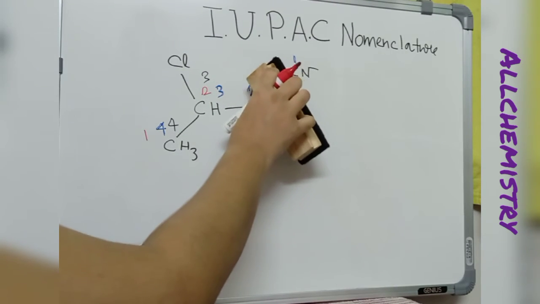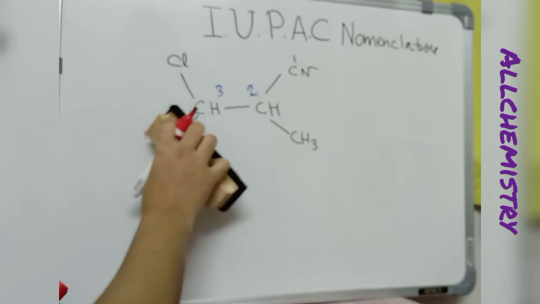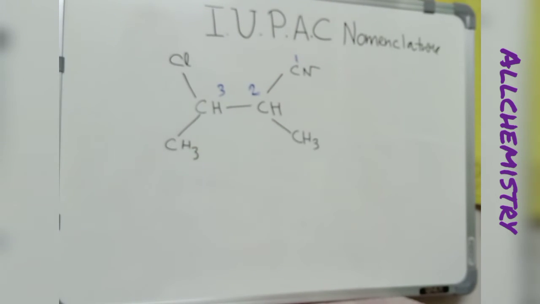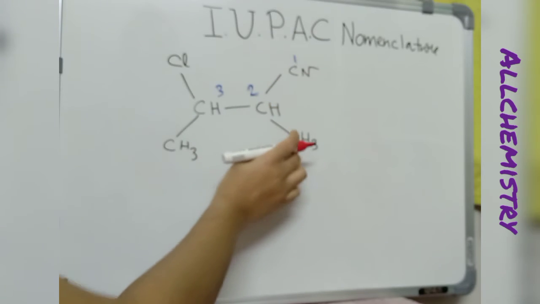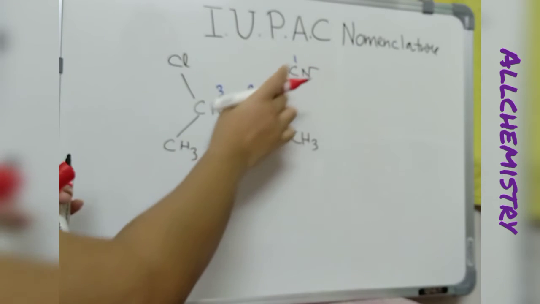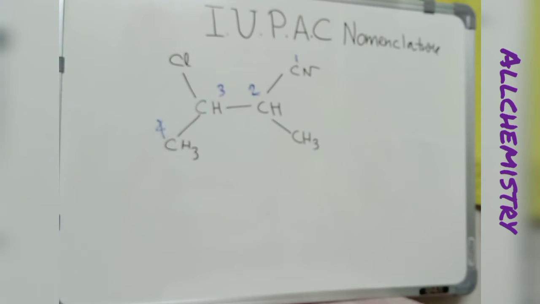So we will put 1 on cyanide, then 2, 3, 4. We could put the numbering 1, 2, 3, but we will not do that, because that would be only a 3 carbon chain. We can't take a 3 carbon chain when we have a 4 carbon chain. So we will take 1, 2, 3 and 4. Now, we are taking cyanide as the priority group and chlorine as the second priority group, so according to our general rule,